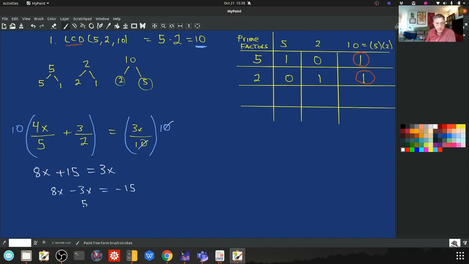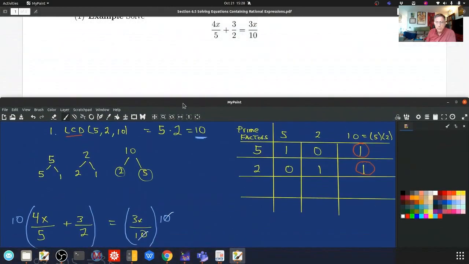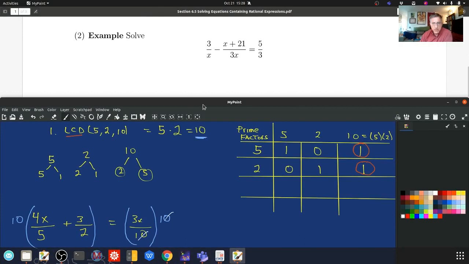So that gives me 5x is equal to minus 15. So I divide both sides by 5. And that gives me x is equal to minus 3. And I'm done. So you've actually already been doing this type of problem way back, I think, in the very first or second chapter. So let's do one that isn't